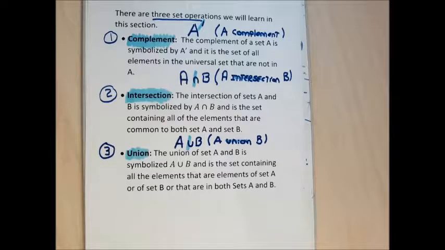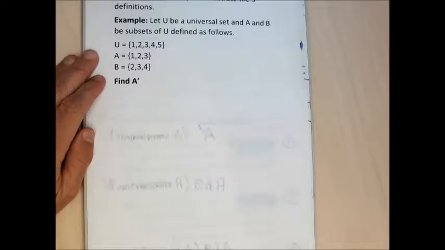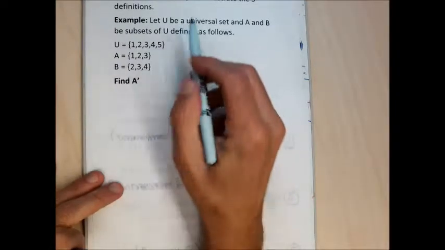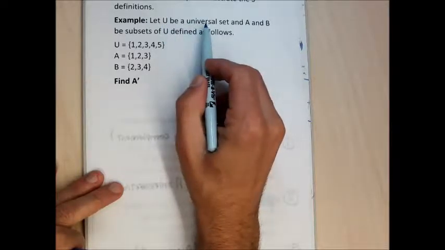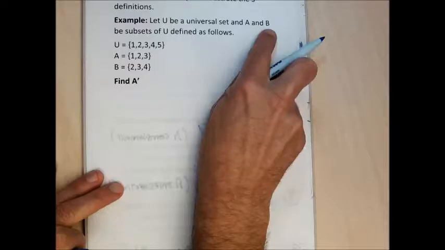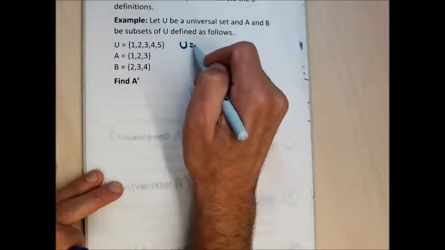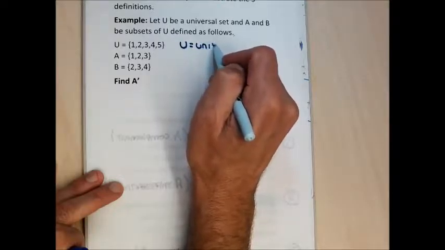But let me just try to do some examples to help you understand what these terms mean. So the first term we talked about was a universal set. And for this example right here, I created a universal set and two subsets of the universal set, set A and set B. And I just randomly made this up. So this set U is called a universal set